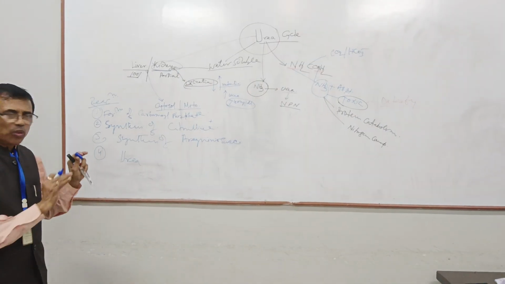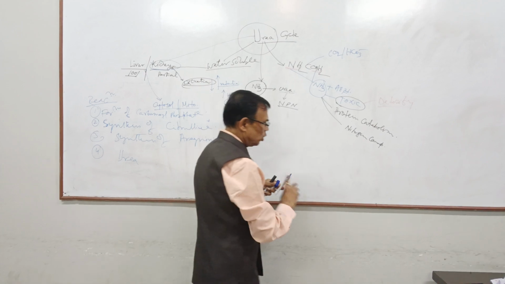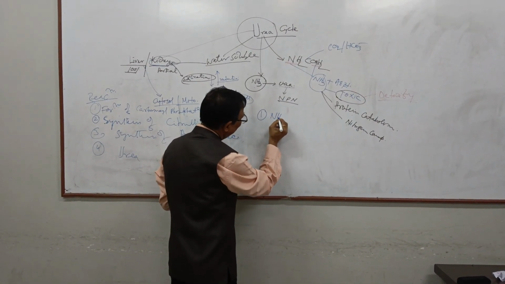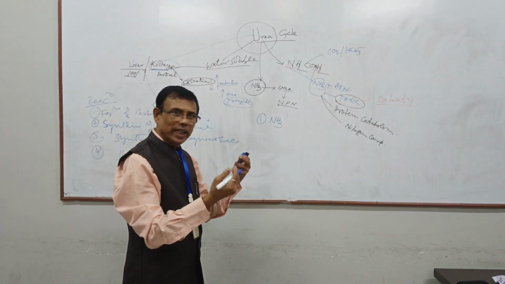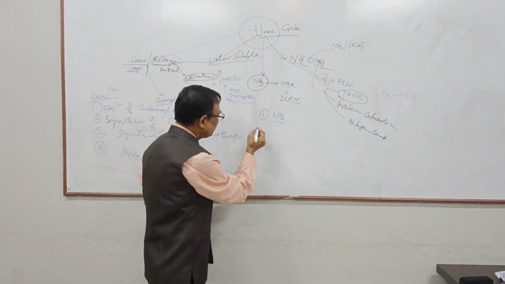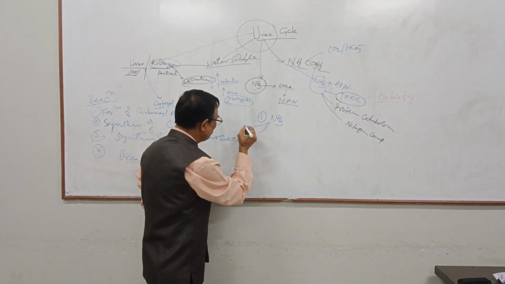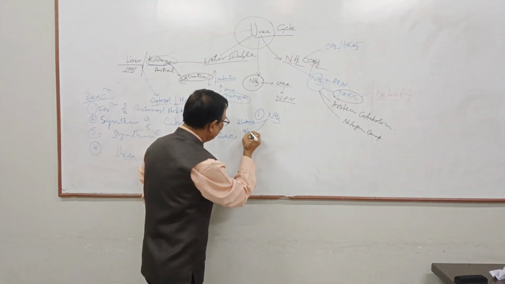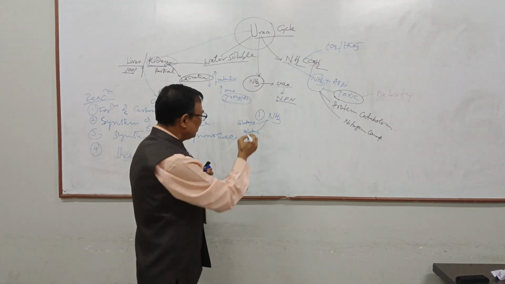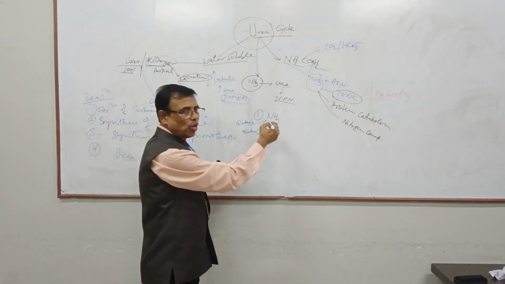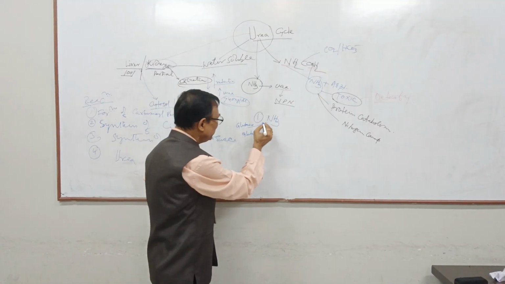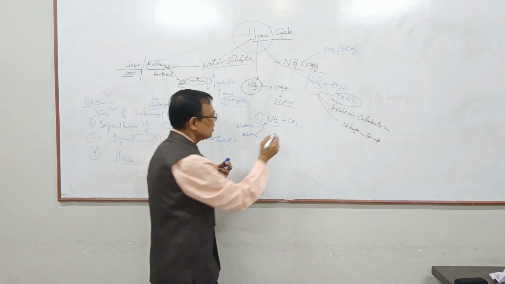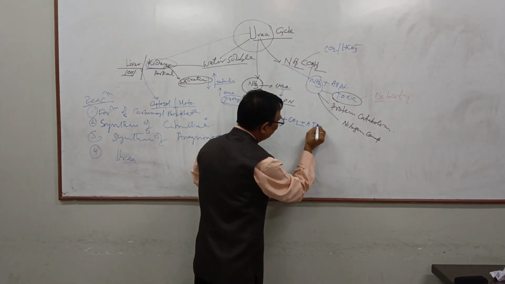Now, one by one, the reactions. You see here, number one reaction. Ammonia, a metabolic source, is coming into the mitochondria. Where does this ammonia come from? It comes from glutamine or glutamic acid. Glutaminase converts glutamine to ammonia, and glutamate dehydrogenase converts glutamic acid to ammonia. So ammonia plus carbon dioxide from the TCA side plus 2 molecules of ATP.